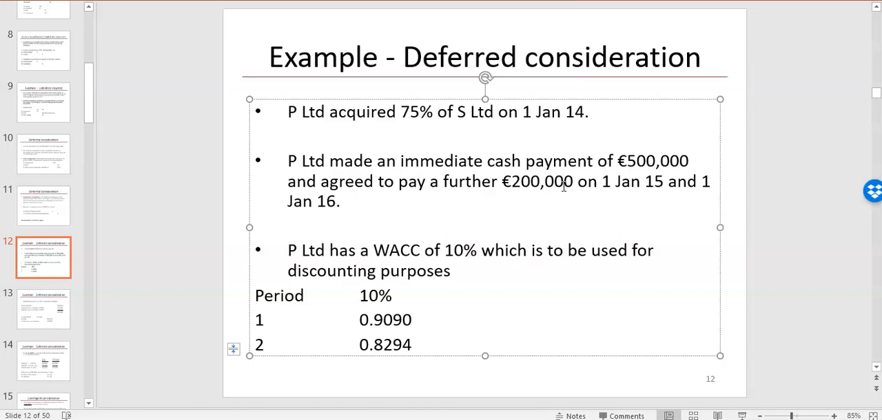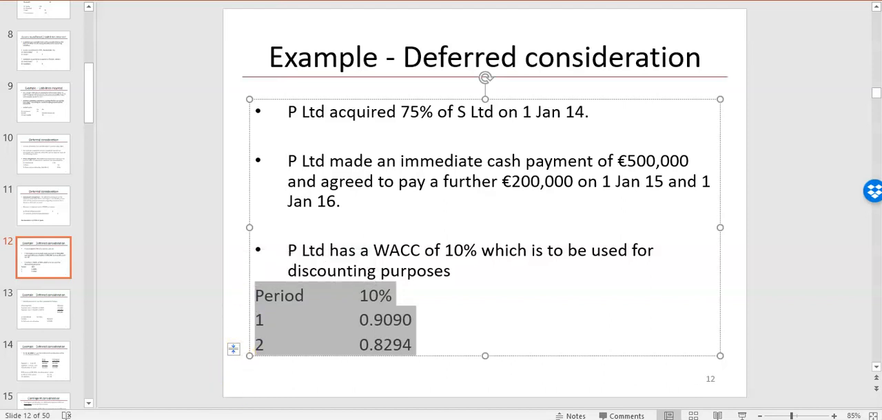200 in 1 year and 200 in 2 years. However, IFRS 3 says you can't look at it like that. You have to account for the time value of money. Now we know how to get the present value. You can use your discount tables. And because it's going to be an open book exam, you should have your tables with you in case you